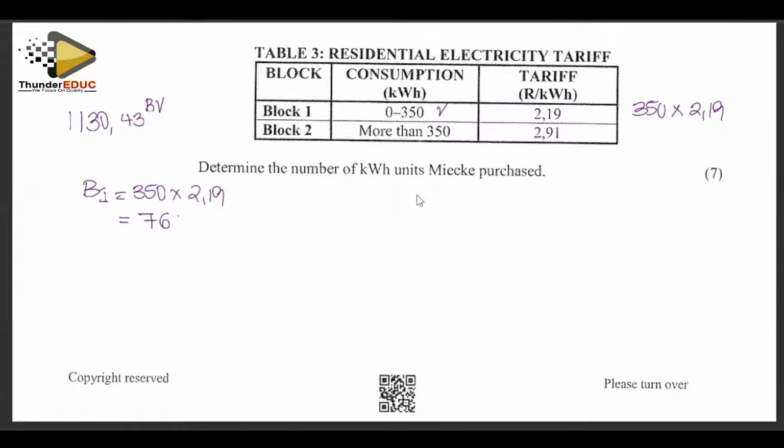He could have paid 766 rand for block 1 only. But he used more than this, which means he went to block number 2. So you take the money that he paid minus the amount for block number 1, and whatever remains came from block number 2. We subtract that and remain with